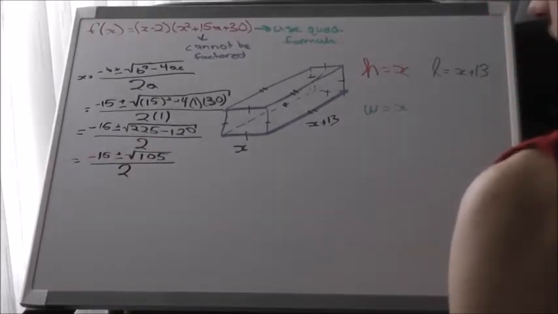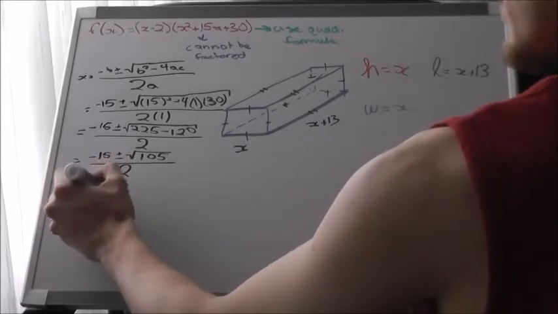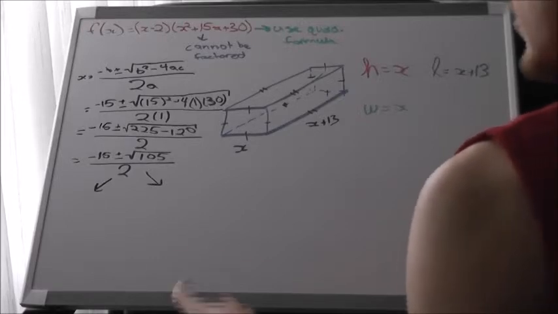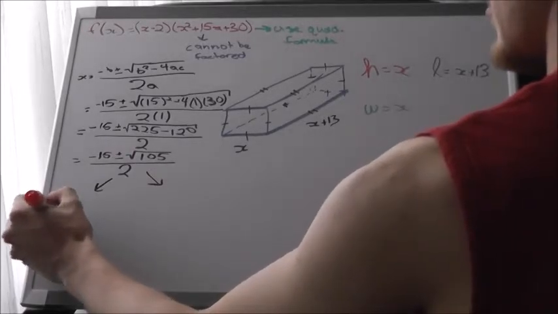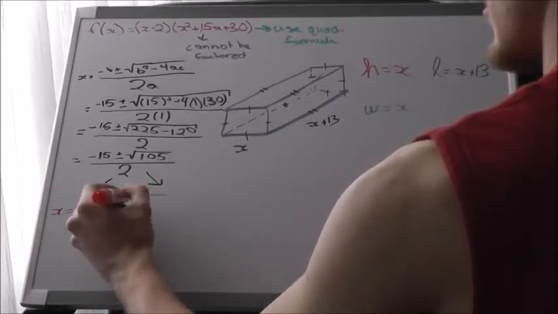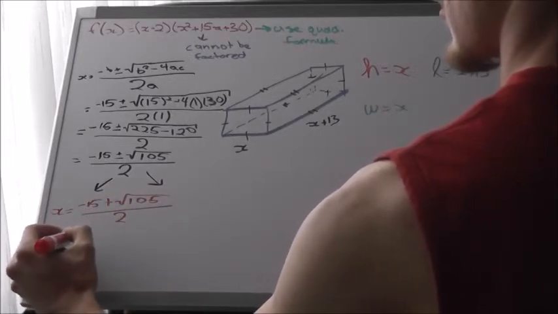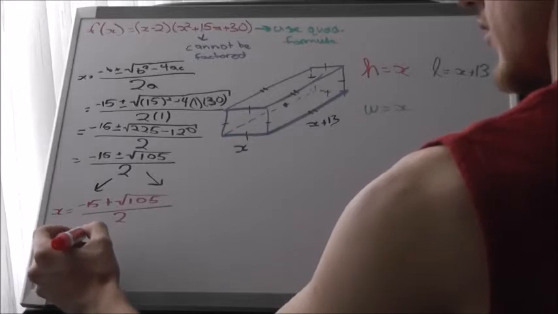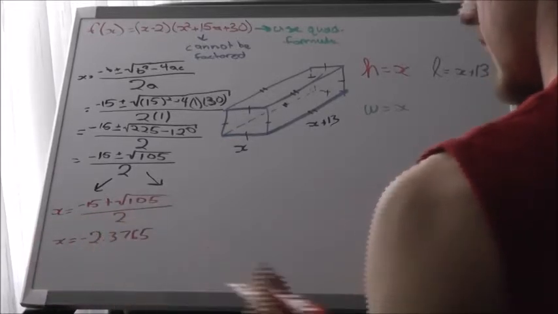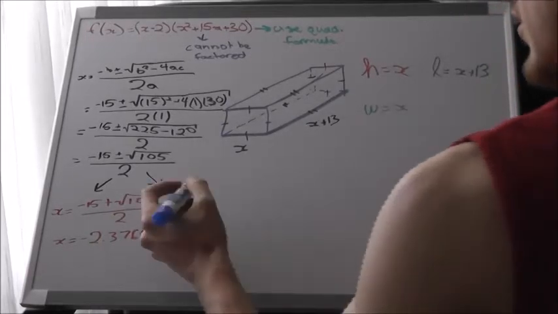So now we get two answers with this quadratic formula because you have a plus root 105 and a minus root 105. So the first answer would be x equals negative 15 plus the square root of 105, all over 2. When you do that, you get approximately negative 2.3765. And then our second answer would be